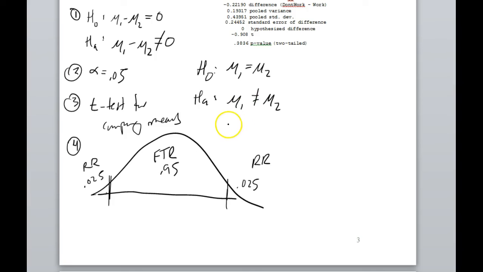Okay. So one thing that we've got to do then is find where our t critical values are, right? So let's find t crit. We're going to have 2 of them because we have 2 different rejection regions. So we're going to have a t crit value positive and a t crit value negative. And one is going to be,